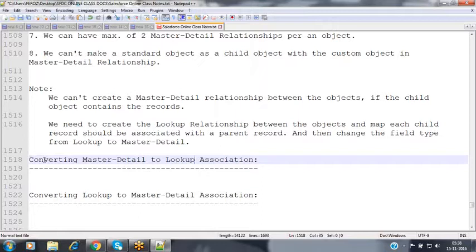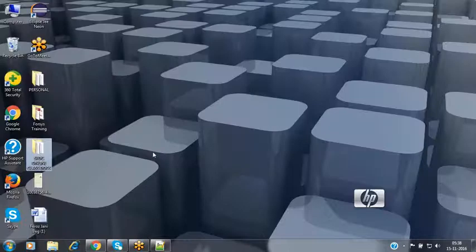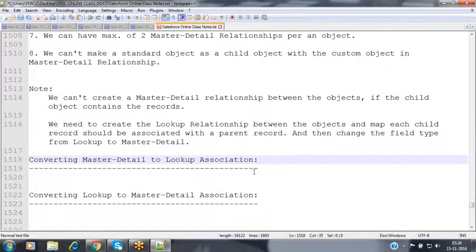That possibility will be there. Clear? I will show you practically now. First, we need to have a lookup field in the child table and fill in the data for the existing records, and then convert it into master detail.